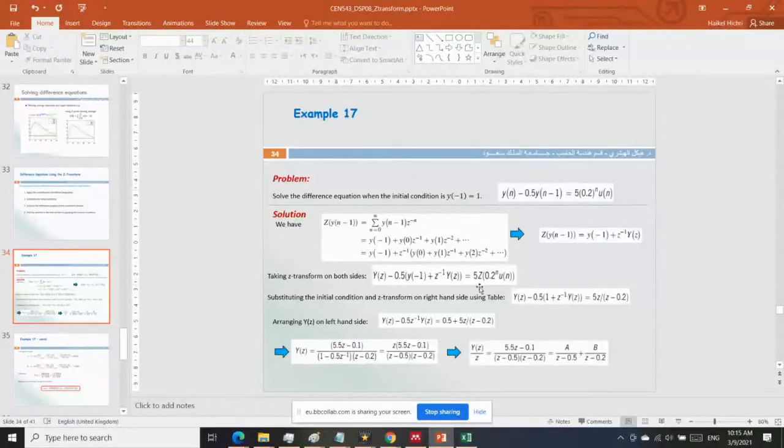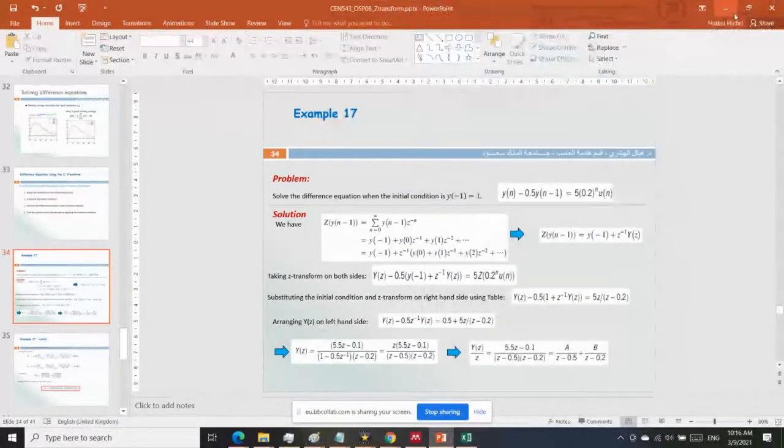Okay. So we took the Z transform of this side. Now the Z transform of this side, according to the table. So 5, of course, it's linear, so we take 5 outside. Z transform of this part, according to the table,